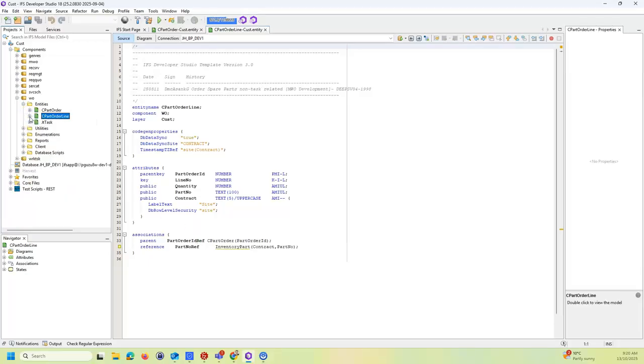So my requirement is, I need an IFS Cloud Aurena page for this CPartOrder and part order line. You should be able to insert new records, and the record should be editable by considering the relevant status, and also all the CRUD operations need to be done from the IFS Aurena end. So